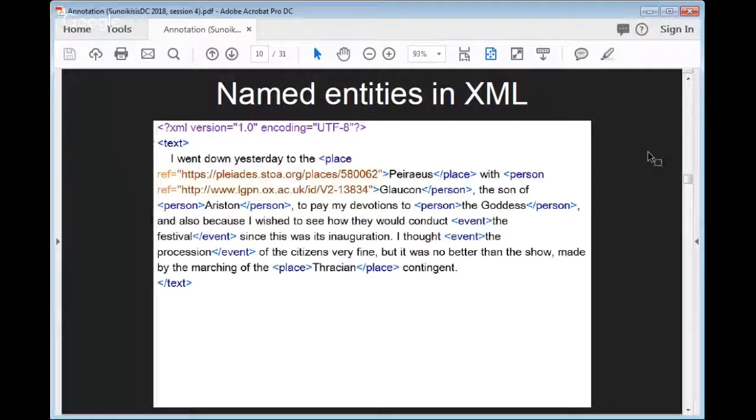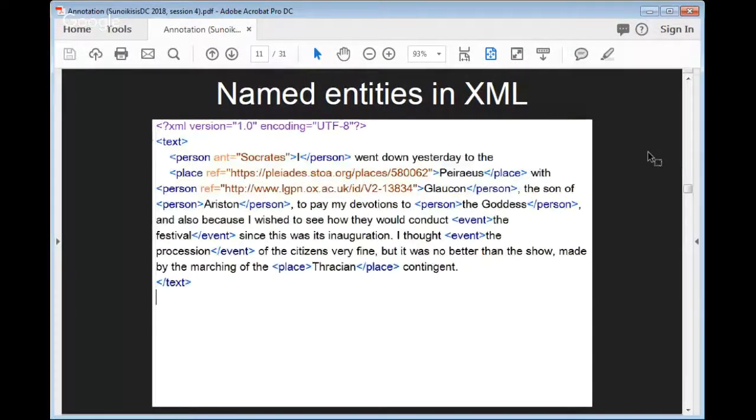So this is a further step in the annotation. Firstly, we identify the named entity, and secondly, we resolve or disambiguate the named entity. And we can go further and disambiguate entities that are not named per se.